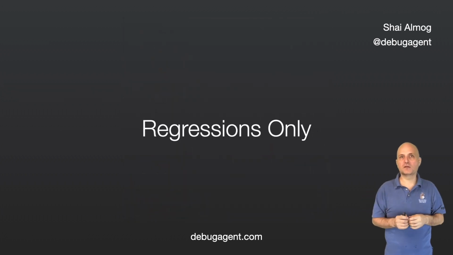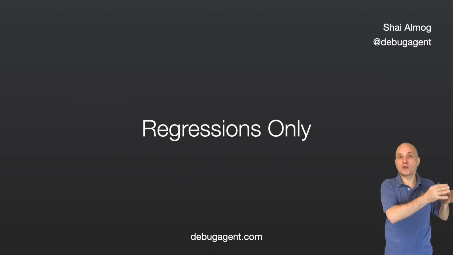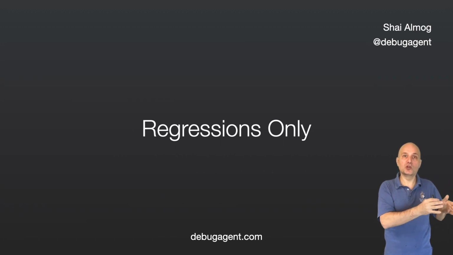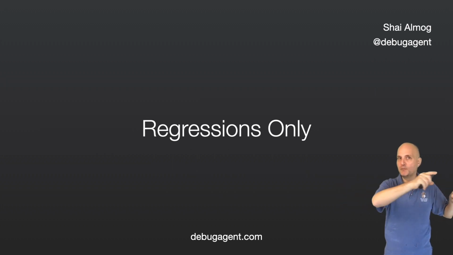Before we begin, let's make one thing clear. Bisect is a tool for finding regressions. It does nothing for regular bugs. When we have a regression, we typically know that the issue used to work in a specific release. We would typically have a specific revision where the code worked. We would know that it doesn't work in the current version, but which commit along the way caused the failure?